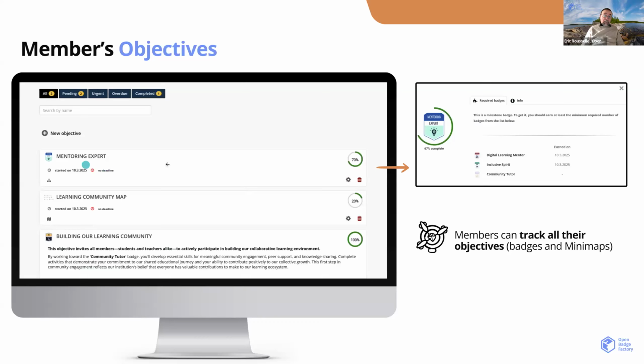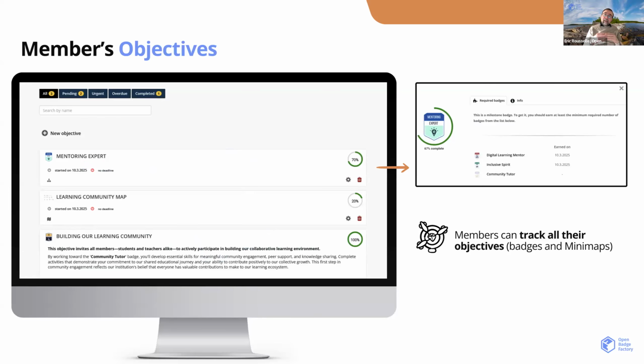And objectives didn't make a lot of sense some years ago, and some customers said, well, why do we have objectives in Open Badge Passport? Because the passport is more like a repository, a backpack, a place where I receive badges. I don't understand why we should have these objectives.